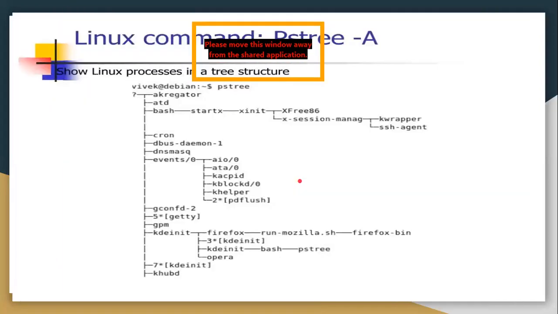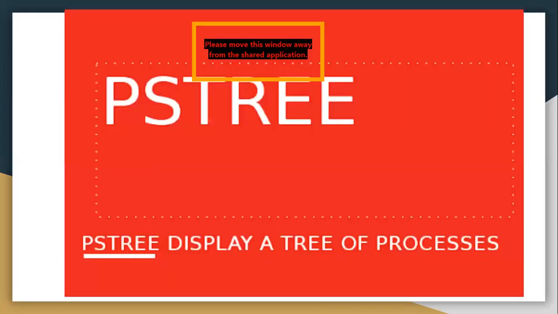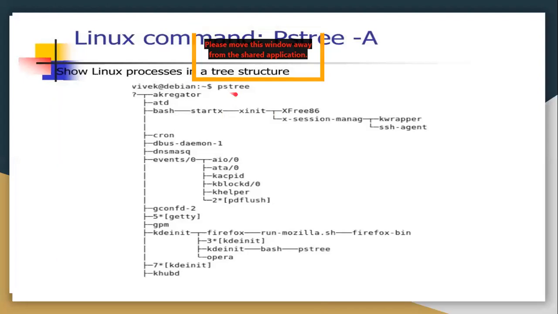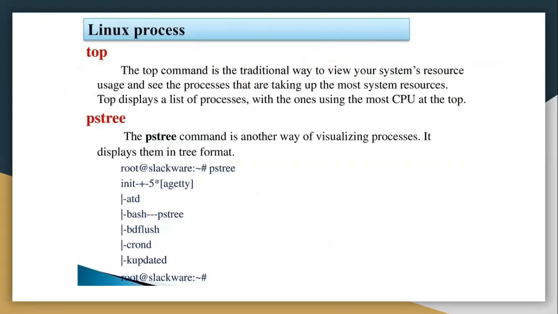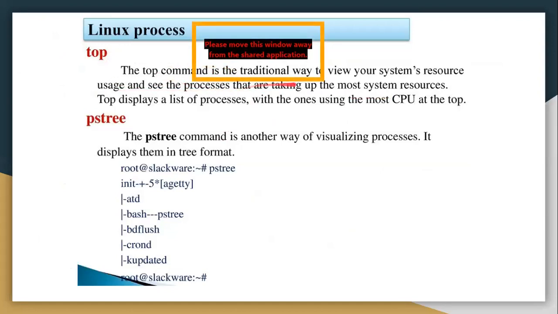Kill command, and this is a screenshot of your pstree. For example, if you're using pstree, you write the command pstree and you will get the hierarchies of the processes. Who is at the root, who is the parent, how many child processes, how it works. So that is the tree structure. The top command discusses your resource allocation. It tells about the system resources, how the processes are taking up the system resources, and displays the processes that are using most of the system resources.